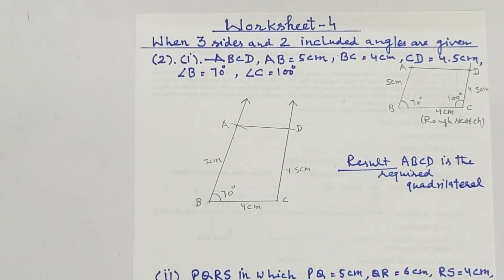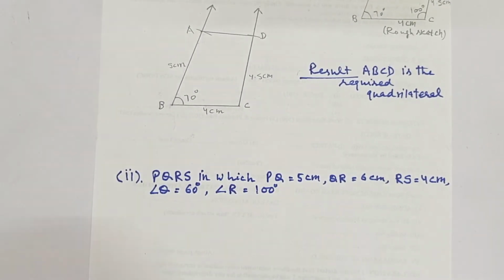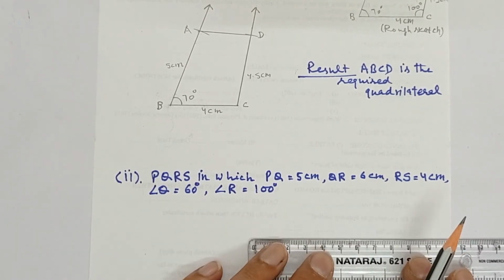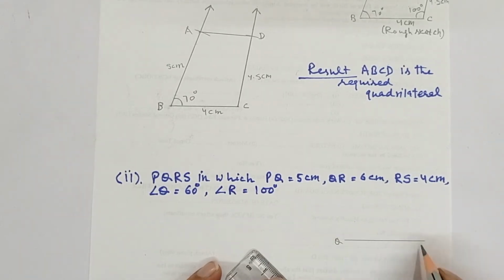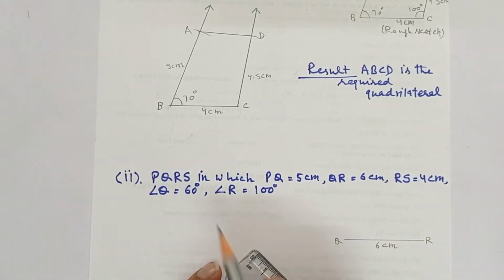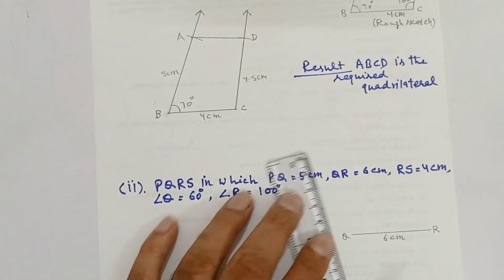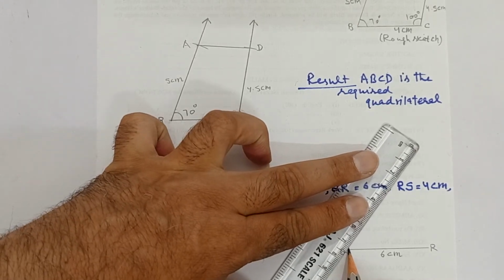After doing part number 1, part number 2 is also similar. So let's do. Now in place of ABCD, here you are to construct quadrilateral PQRS. Angle Q and angle R are given. So you need to make the base as QR. So as given, QR is 6 centimeter. So you have written 6 centimeter. At point Q you need to make 60 degree. So when you are to do its fair construction, 60 degree will be made with the help of compass.